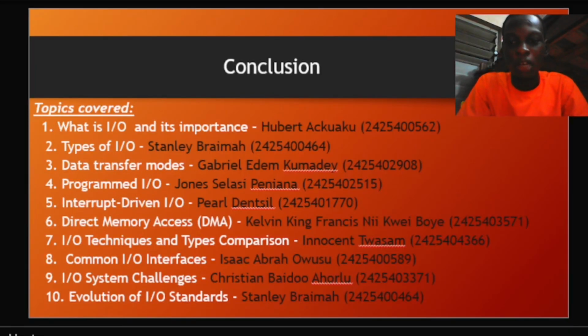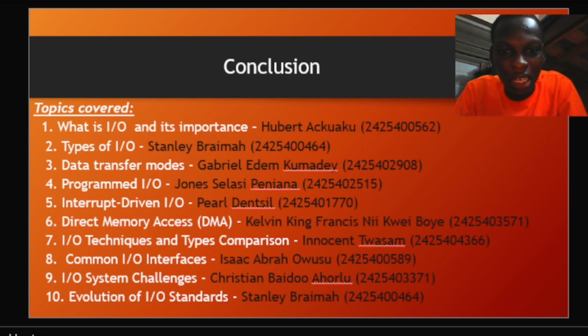Okay, we have come to the conclusion or the ending part of our presentation. So at the end of our presentation, we were able to cover 10 topics. From the beginning, we talked about what I/O is and its importance, types of I/O devices, data transfer modes in I/O devices, and talked about programmed I/O, interrupt-driven I/O, and direct memory access, which the three are